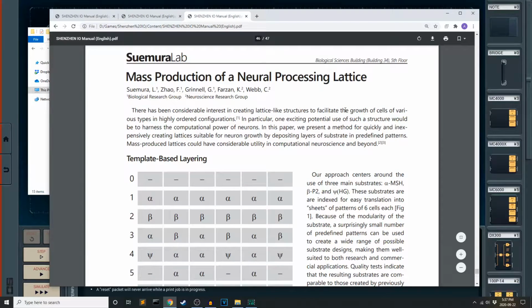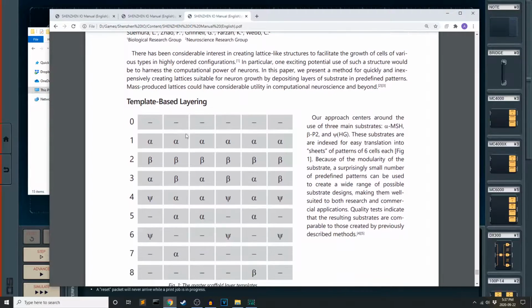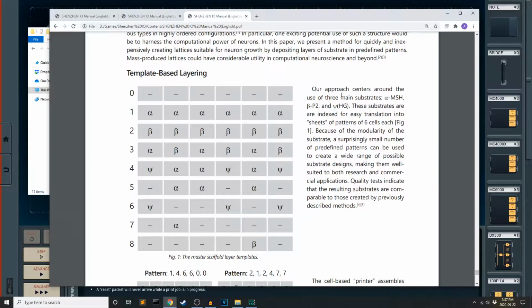Alright, so here's why this puzzle is tough. "There's been considerable interest in creating lattice-like structures to facilitate the growth of cells in various types in highly ordered configurations. In particular, one exciting potential use of such a structure would be to harness the computational power of neurons. In this paper, we present a method for quickly and inexpensively creating lattices suitable for neuron growth by depositing layers of substrate in predefined patterns. Mass-produced lattices could have considerable utility in computational neuroscience and beyond. Our approach centers around the use of 3 main substrates: alpha MSH, beta P2, and theta Hg. These substrates are